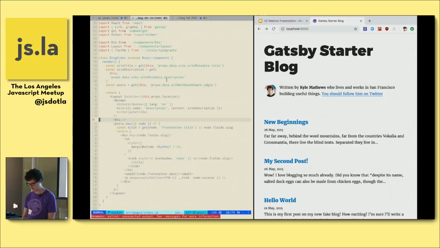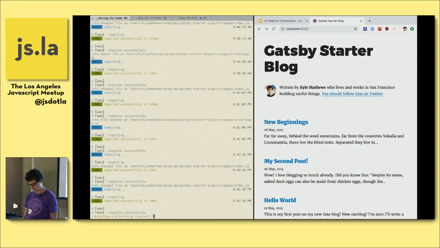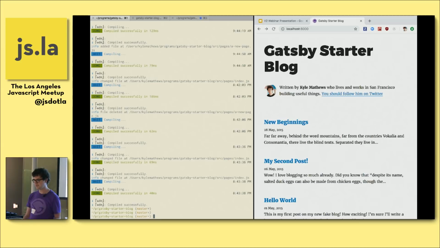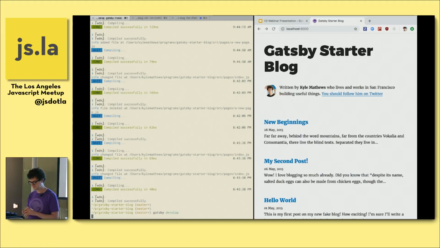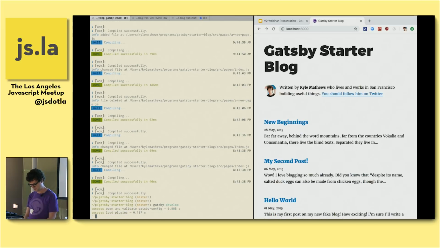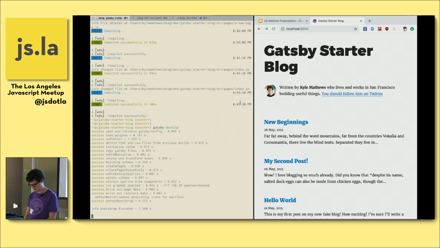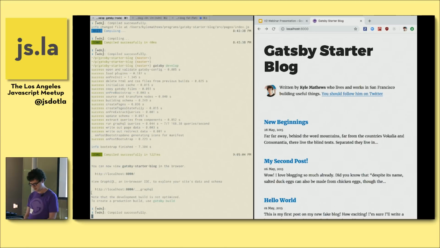Okay, so I have a little split screen. This is a Gatsby starter blog. Gatsby has this concept of starters, which is just a Git repo, and then you can do Gatsby new, whatever, and it'll pull straight from there and start it. So it's kind of like a boilerplate for different use cases. This is Gatsby starter blog for doing a simple blog. If you just run Gatsby develop, it starts up the development server. And then localhost 8000, we just refresh that, and cool.